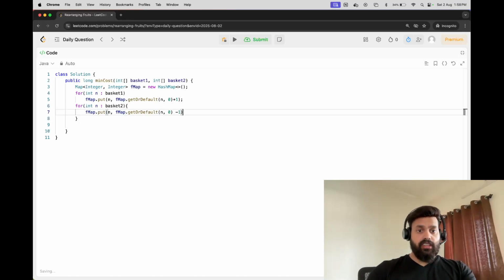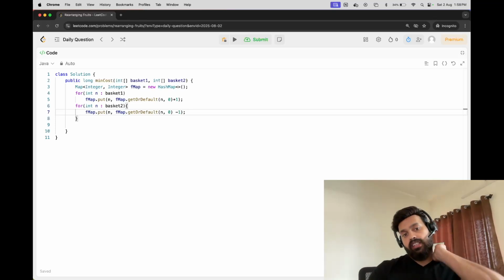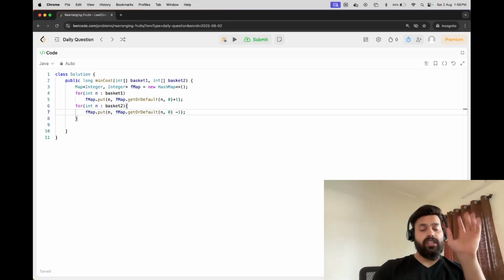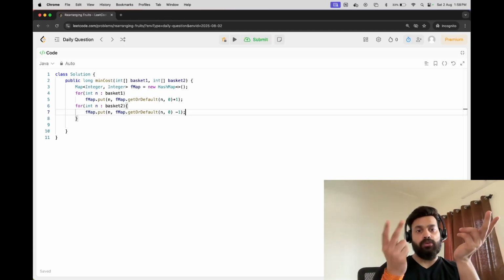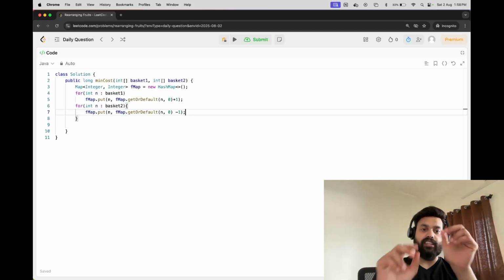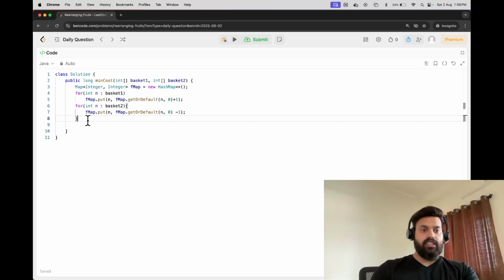If there is an element which was not at all present in basket 1, but we encountered that in basket 2, then the frequency will be negative. Like let's say 2 elements were there, so it will store -2. And if an element was present twice in basket 1 and also twice in basket 2, that will nullify, it will have 0. So yeah, this pretty much made up our